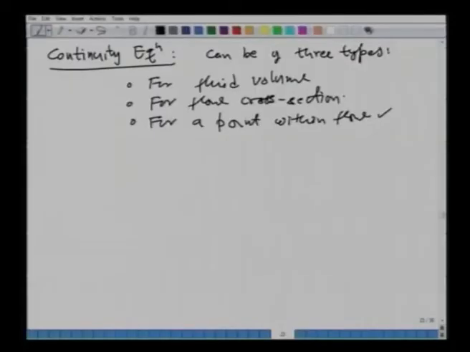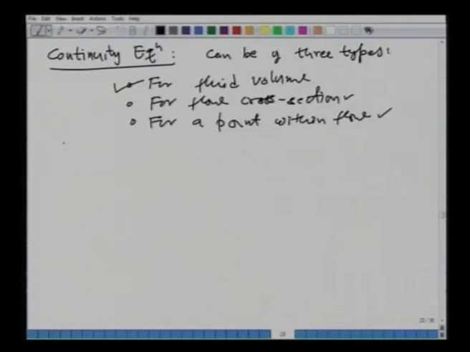I am sure you may have done problems on pipe flow analysis or water distribution system design, in which what we do at each junction is all the flow coming into the junction is equal to all of the flow going out of that junction. So, that is the example of a continuity equation at a point. And for flow across a cross section, we are all familiar: the volumetric flow rate flowing across a particular cross section is equal to the same at the next cross section if the flow is steady.